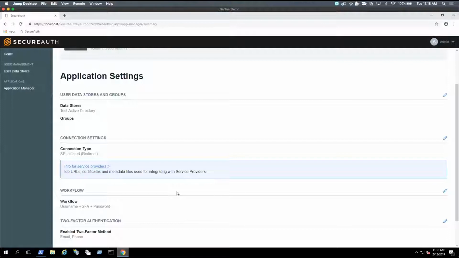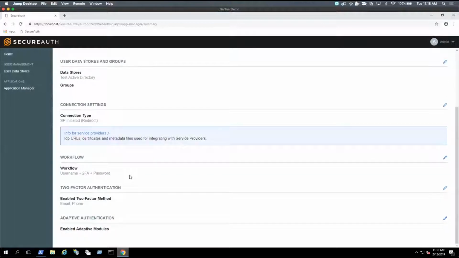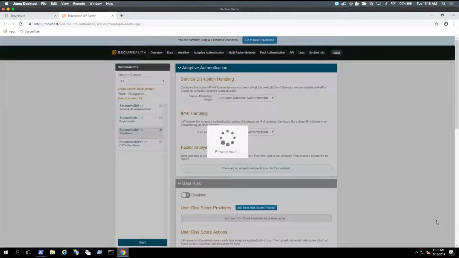I also mentioned that we have a way to get to workflow management, and two-factor and adaptive authentication. You'll see this on a summary by application. What this means is this allows us to control each application independently still for its authentication, so they can each have their own workflows, adaptive auth, and two-factor methodology. Today, if I click on adaptive authentication, you'll notice it does take me back to the classic experience, but here